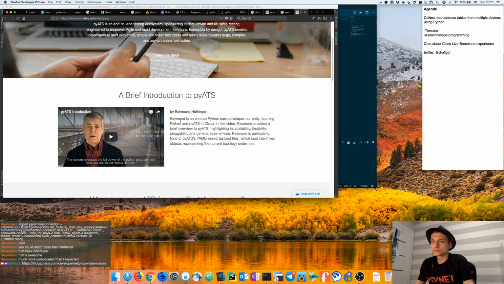They have parsing for a lot of popular commands like show version, show interfaces, hundreds of commands. They do parsing into a Python internal model regardless of the platform. So it's the same for IOS XE, for IOS, for XR and for Nexus. And it can use NETCONF or it uses CLI, so it's completely transport agnostic and